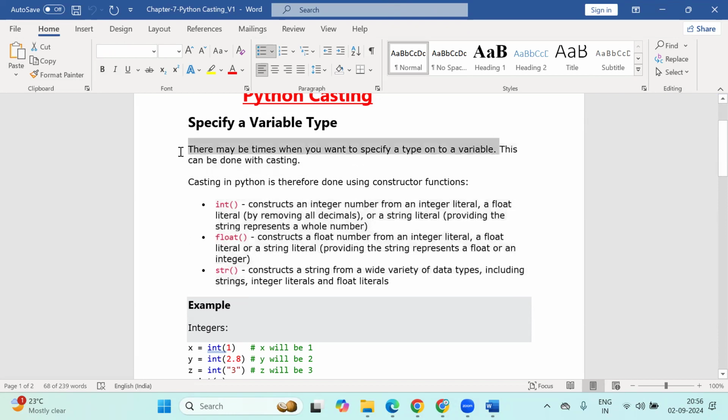So when I assign age equals 10, it is an integer data type. When I assign age equals 10.5, it is a float data type. And when I say age equals "j" in double quotes, it is a string data type. So if I want to convert those data types to some other data type,